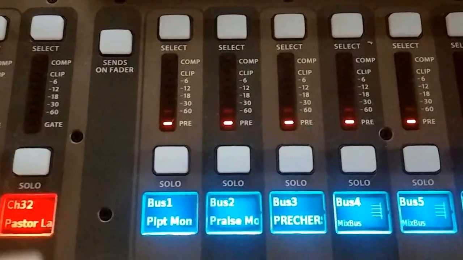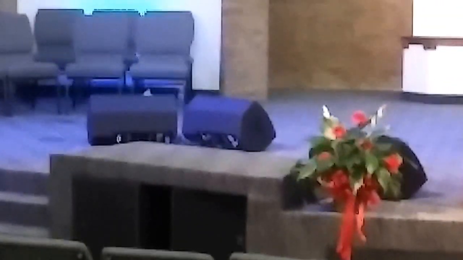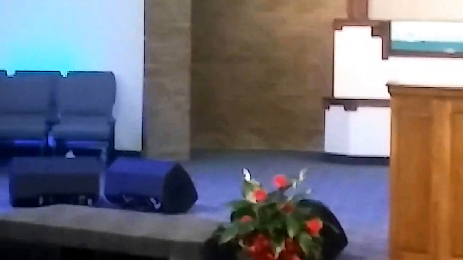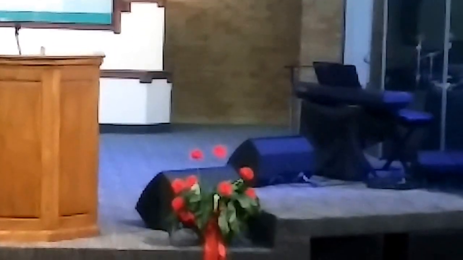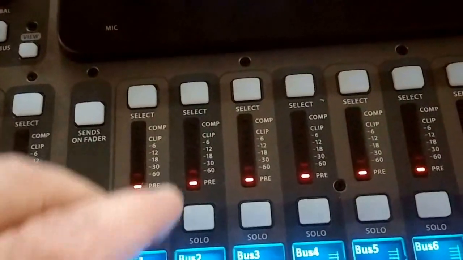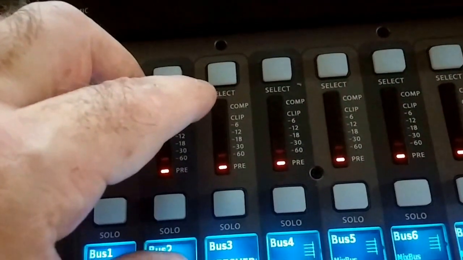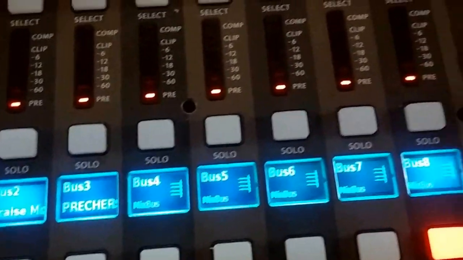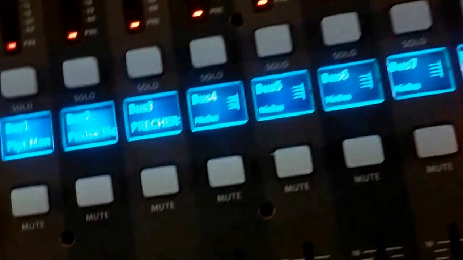The second one is the praise monitor bus mix, which is that one on the right, and then the one in front of the keyboard. And finally the third one, mix bus number 3, is that one pointing toward the chairs there. And it's labeled preacher for some reason. And then we have the rest of them that are not used